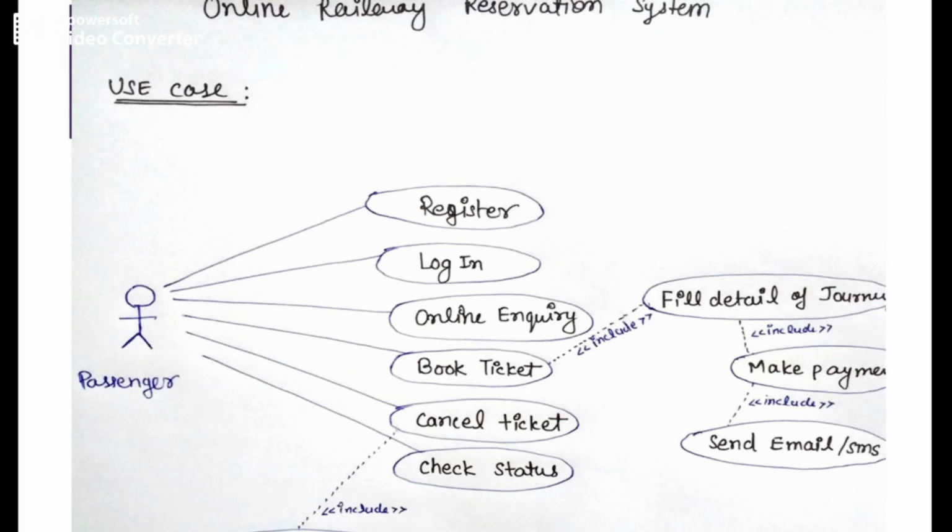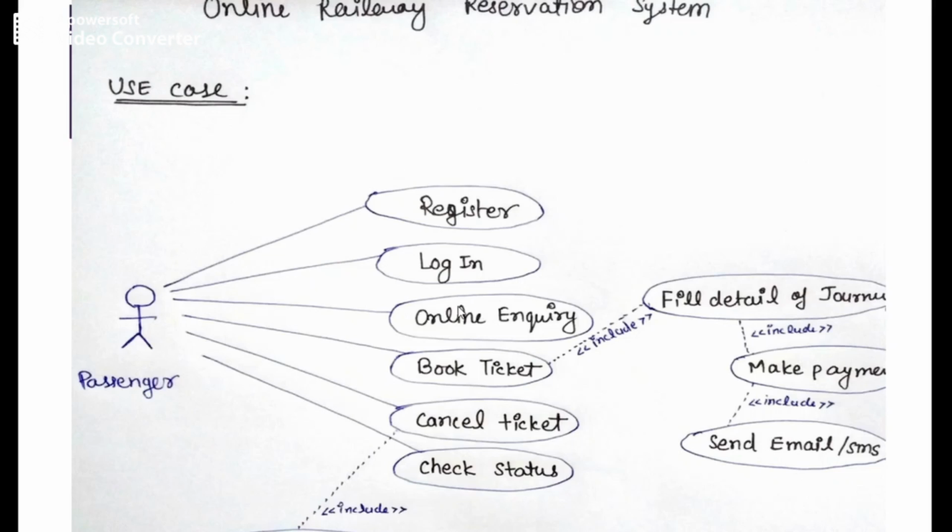Next we'll see use case diagram. Okay, use case diagram for online railway reservation system. You can see that this is the actor, so he is the passenger. What the passenger has to do first? Register himself, correct? That is most important thing. So he has to do the registration, and then only he can log in. So once he has logged in successfully,